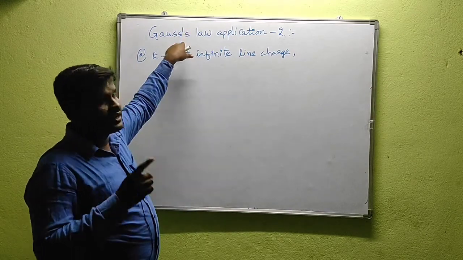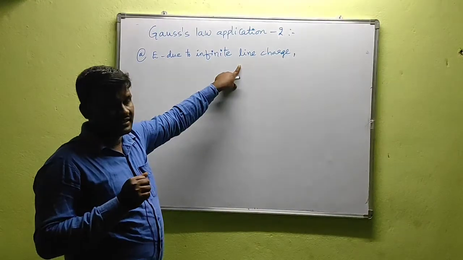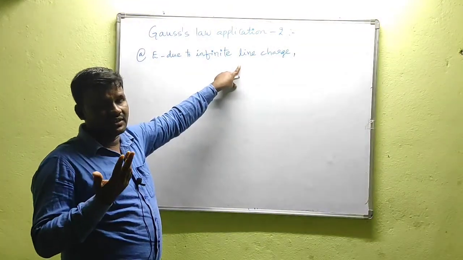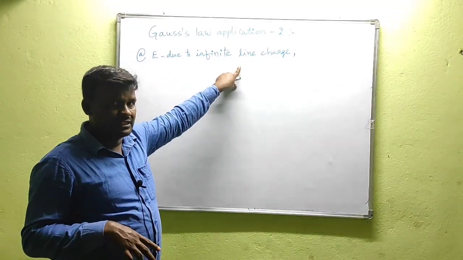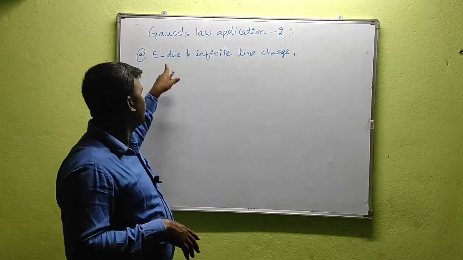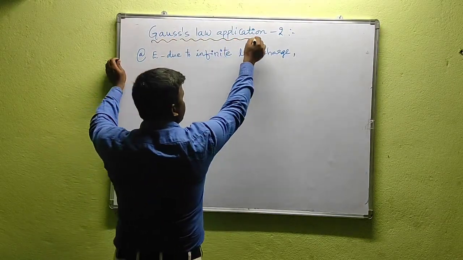By using Gauss law, we can derive E due to point charge, E due to infinite line charge, and the third one is E due to infinite sheet of charge, and the fourth one is electric field intensity due to uniformly charged sphere. Now coming to the second application, that is E due to infinite line charge, electric field intensity due to